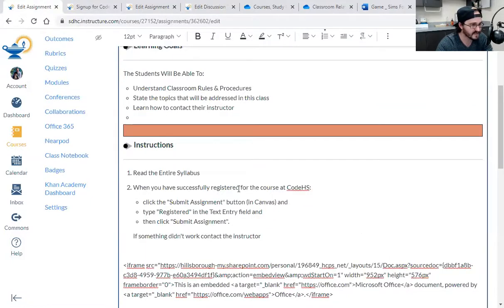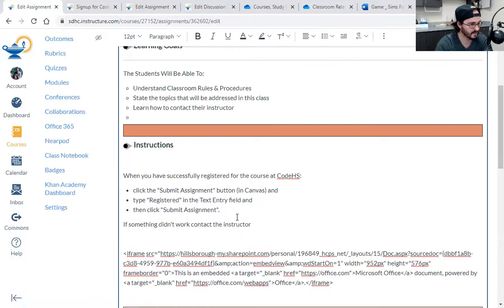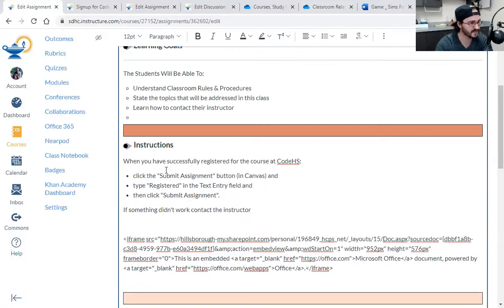When you have successfully read the entire syllabus. I don't know how you define successfully reading the entire syllabus.